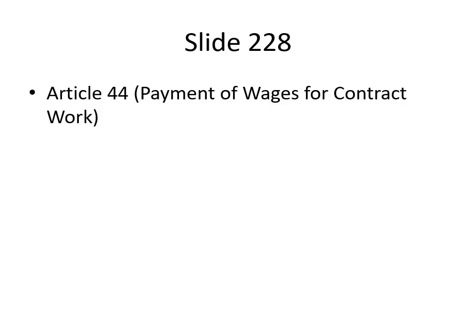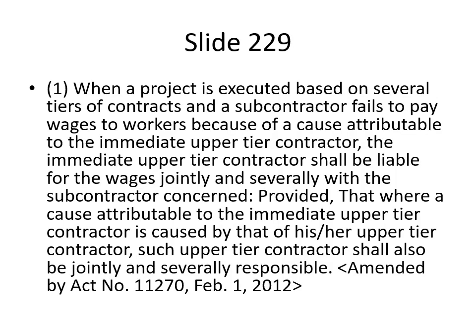Article 44, Payment of wages for contract work. 1. When a project is executed based on several tiers of contracts and a subcontractor fails to pay wages to workers because of a cause attributable to the immediate upper tier contractor, the immediate upper tier contractor shall be liable for the wages jointly and severally with the subcontractor concerned, provided that where a cause attributable to the immediate upper tier contractor is caused by that of his/her upper tier contractor, such upper tier contractor shall also be jointly and